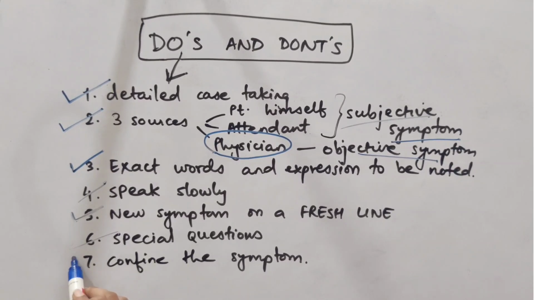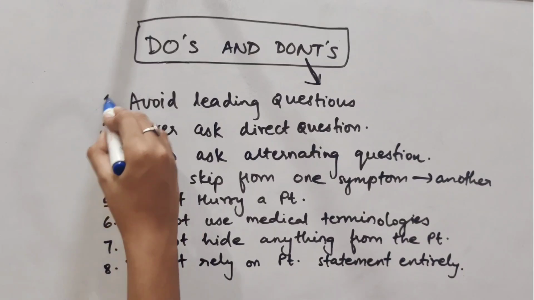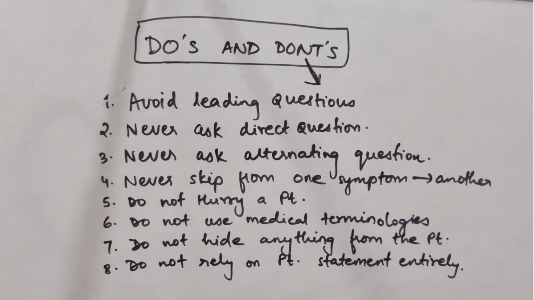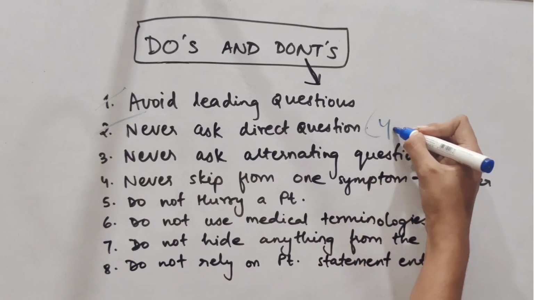While the physician is dealing with one symptom, he should confine himself to that symptom, and the physician should take the case using his sound senses. The don'ts of case taking are: avoid leading questions, never ask direct questions, yes or no questions,